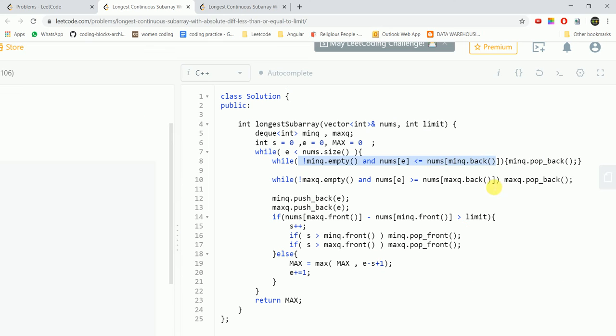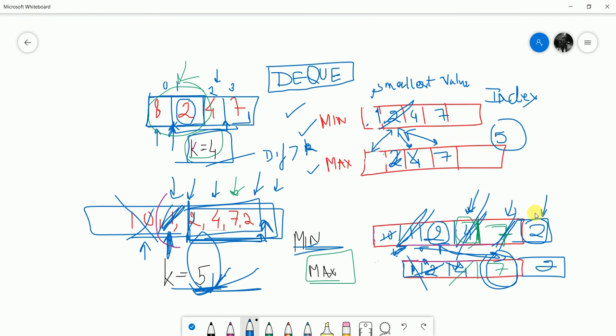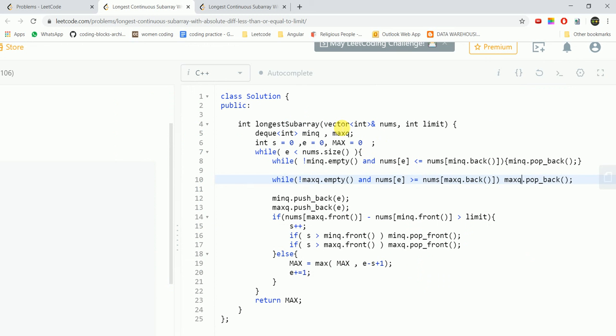Then 2 was greater than or equal to the value, so we again pop it off. Then 2 and 7 will be compared. What I'm doing is I'm basically inserting the indexes, not the values. To make you understand, I used the values because it was easier to explain that way.